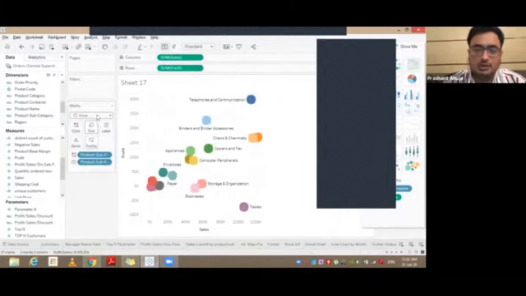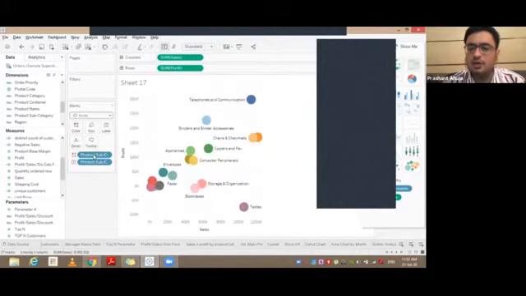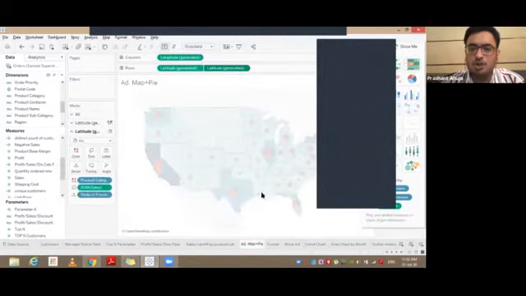You can play around with these things. You can choose a circle, you can choose a bar chart, which would not be very useful, but very clear, but rather a circle would serve the purpose the best in this case. I hope this is clear. So I'll move to the next chart, which is very interesting and probably I like it very much.